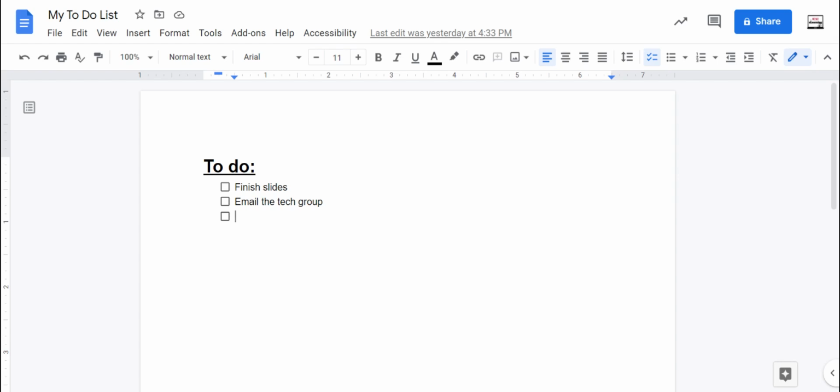So last spring, about spring 2021, Google rolled out a new feature in a lot of its different products called the Smart Canvas. So everyone should have access to this in their Google domain now. It was kind of one of those slow rollouts where certain groups got it earlier than others, but you should have it. And the Smart Canvas basically means that anywhere in a Google product where you can type out information,